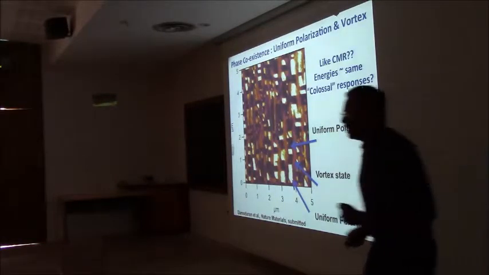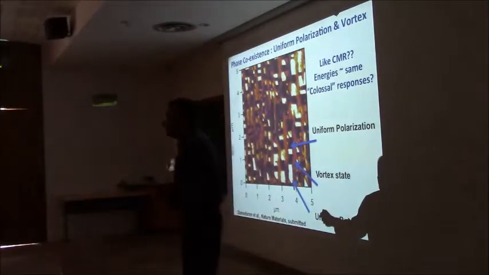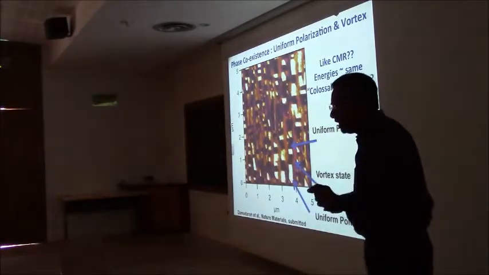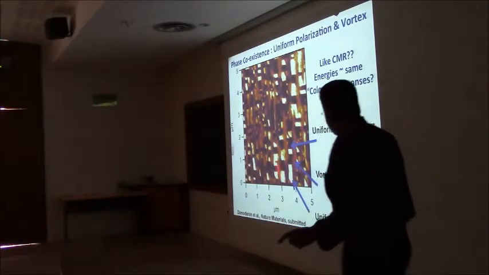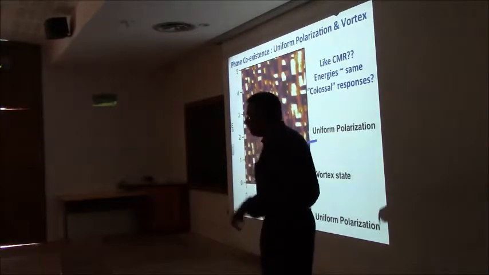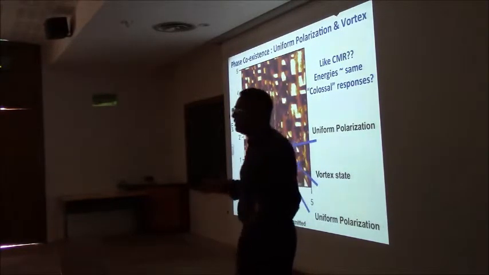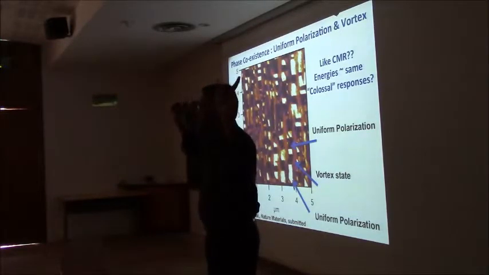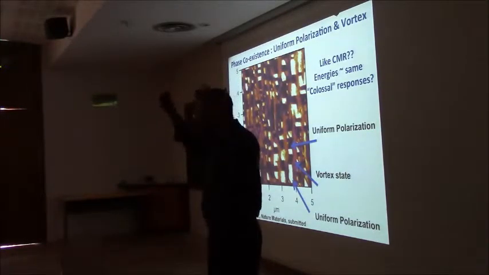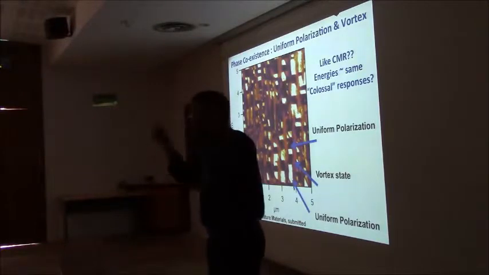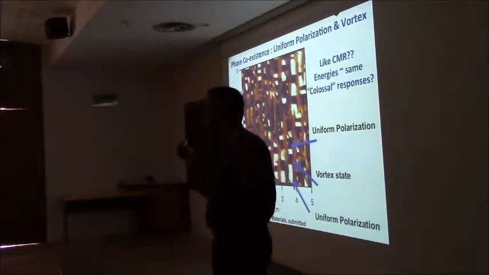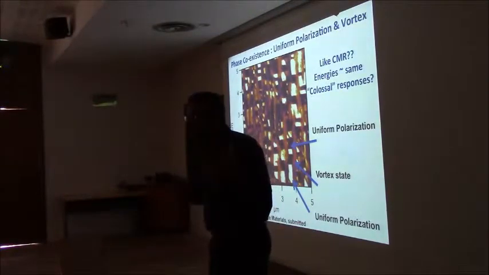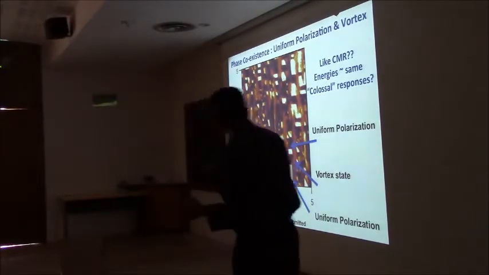So the first question you ask is, hey, how did this happen? And the reason they happen is exactly similar to what happens in the magnetites. The two phases, the uniform polarization phase and the vortex phase, are not dramatically different in their energies. If you remember that Hamiltonian we wrote many moons ago, right now, an hour ago, that has the 4 terms. These terms are all fighting each other, and they're all approximately the same energy scale. And so you can now have coexistence of the 2 phases.